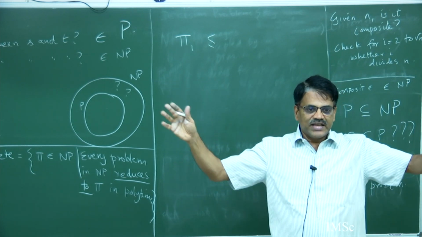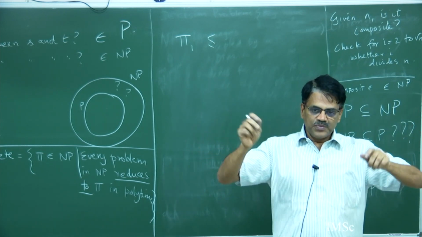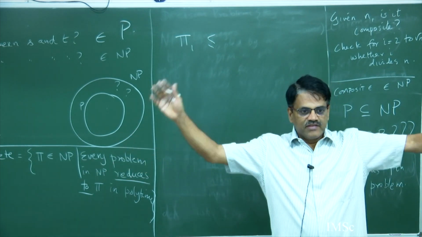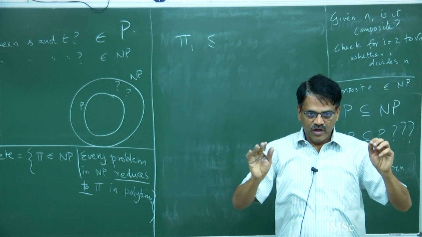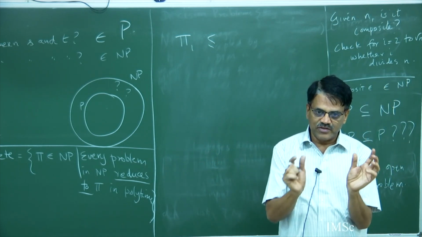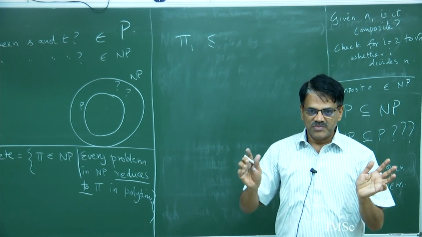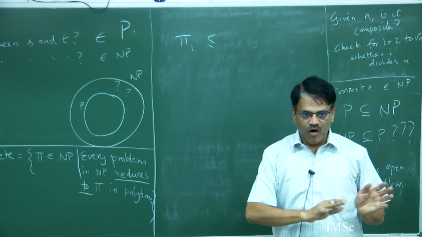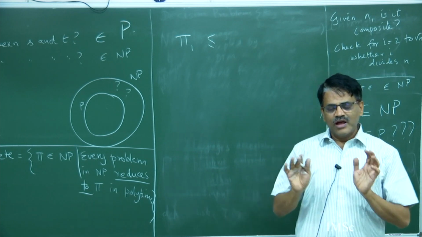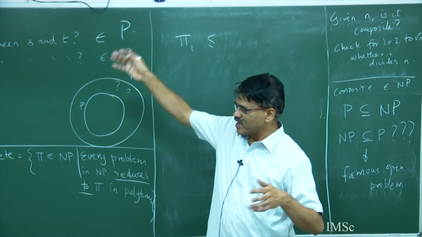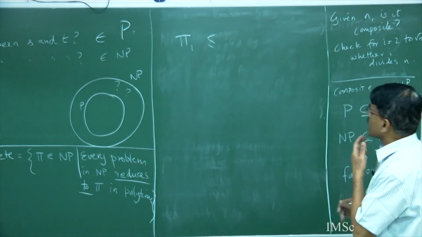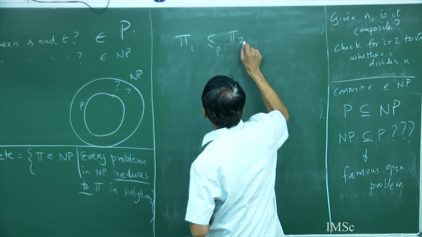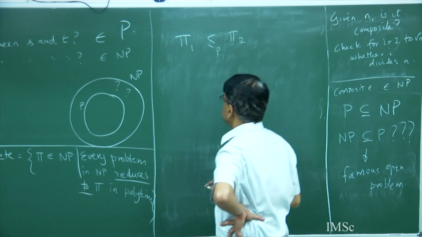for which, so these are the set of yes instances of the problem, more precisely efficient encodings of the set of yes instances of the problem. Because then it will be all binary strings that are accepted by the machine. I mean, you don't need that. All this can be formally interpreted, but when we say problem, you know what the problem is: Hamiltonian cycle problem, shortest path, set cover, all these problems. So, we say pi 1 reduces to pi 2 in poly time means